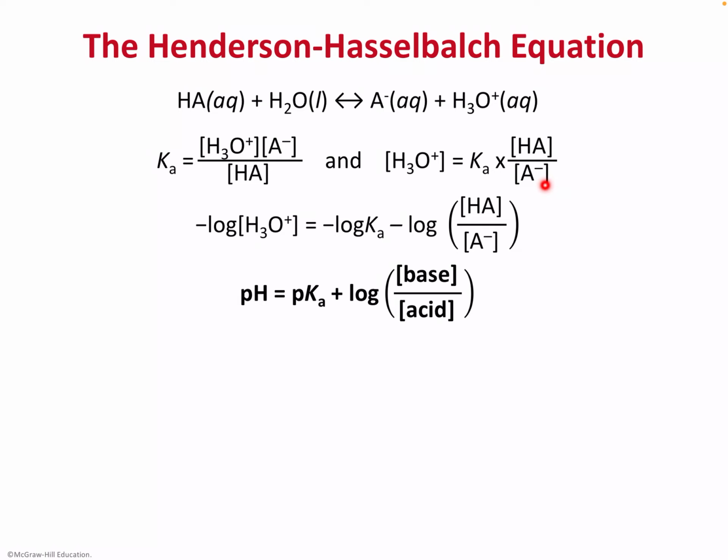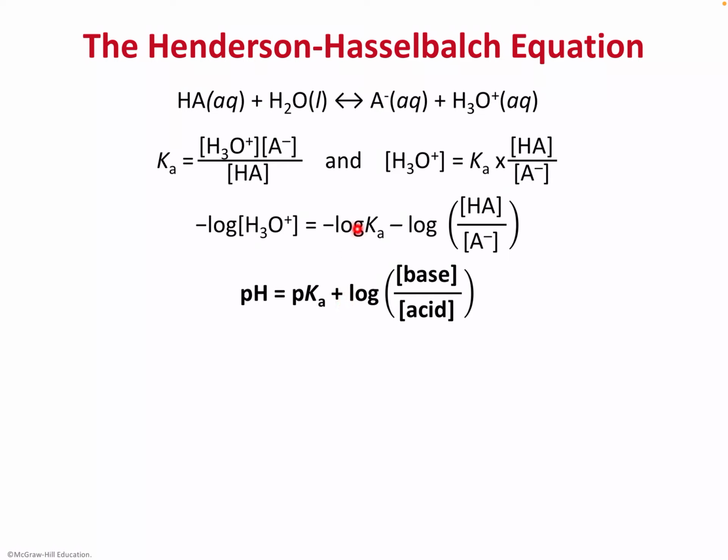Now we're going to simplify this by taking the log of both sides. Hydronium ion, if you take the negative log, is familiar as the pH, and on this side would be negative log Ka, which is pKa, and then the negative log of the rest. If you have a multiplication changing it to log, it becomes a plus, right? So plus,